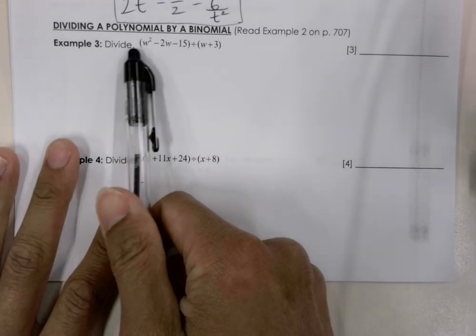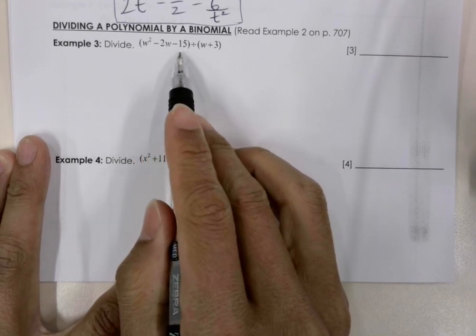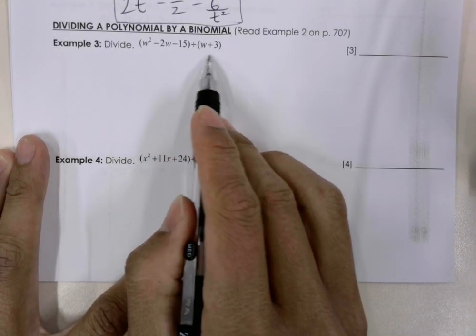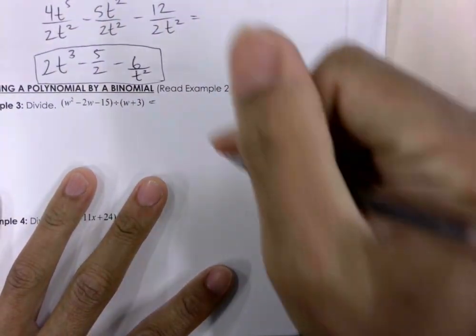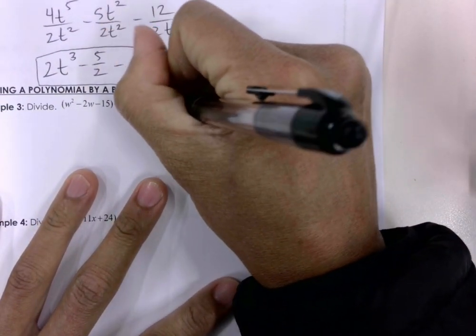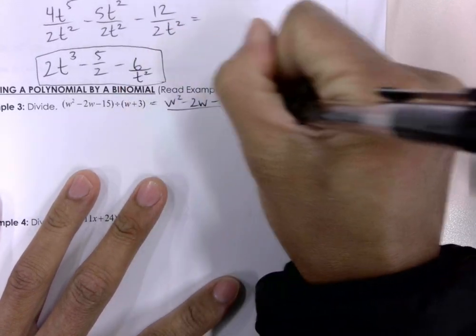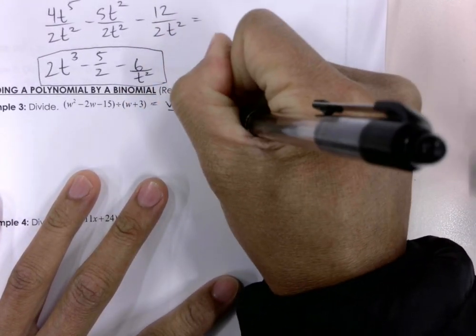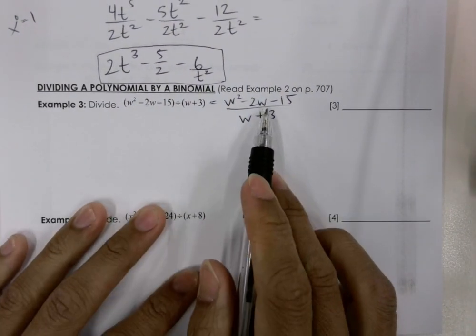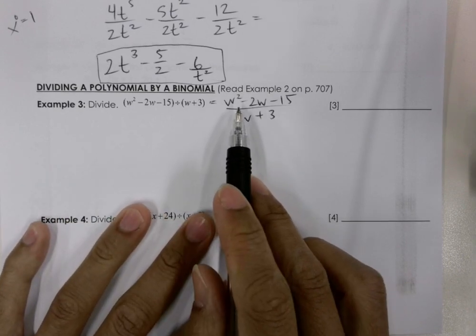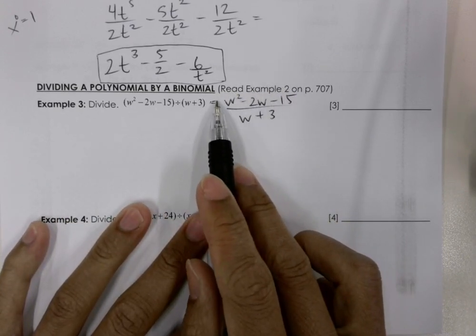So here we're dividing a polynomial by a binomial. We have the polynomial here, and we're dividing by a binomial. So the first step, let's go ahead and rewrite our expression as w squared minus 2w minus 15 over w plus 3. So the way that we're going to divide this polynomial by this binomial is we can take the polynomial in the numerator, which is quadratic,